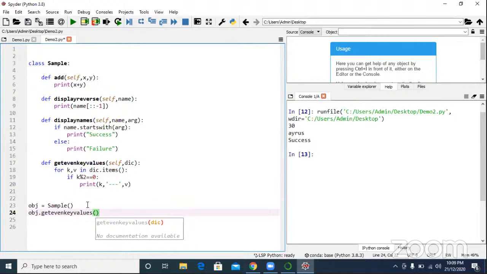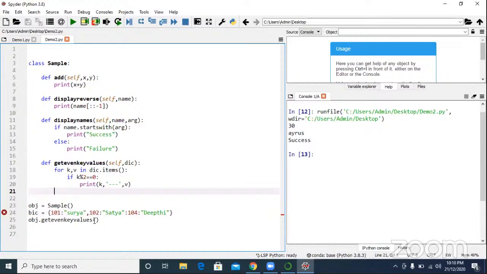What type of argument? Dictionary. That's why big equal to dictionary. 101 Surya, 102 Satya, 104 Dipti.